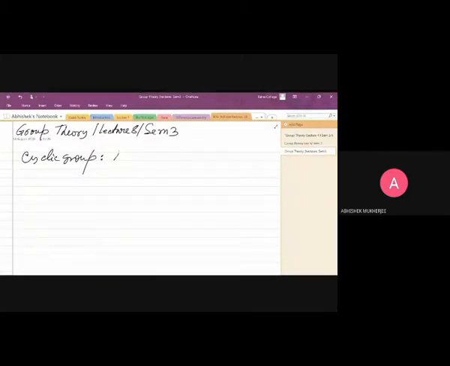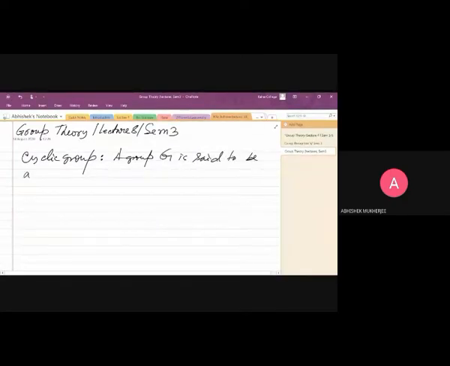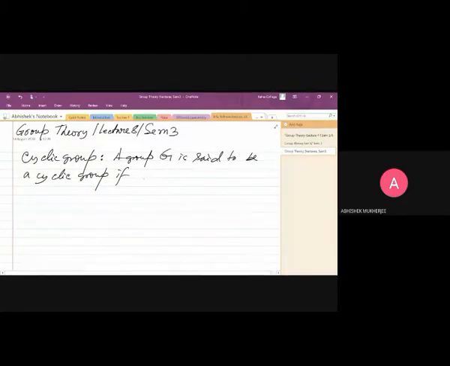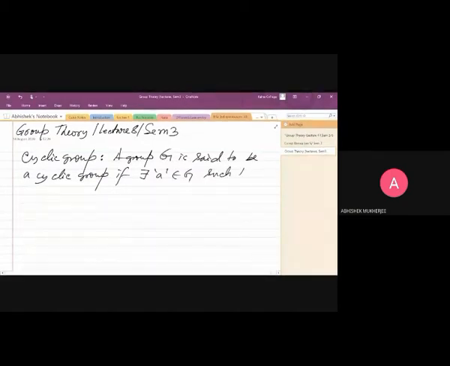That means a group G is said to be a cyclic group if there exists a belongs to G such that the cyclic subgroup generated by a